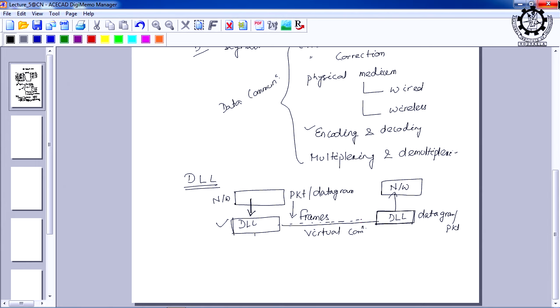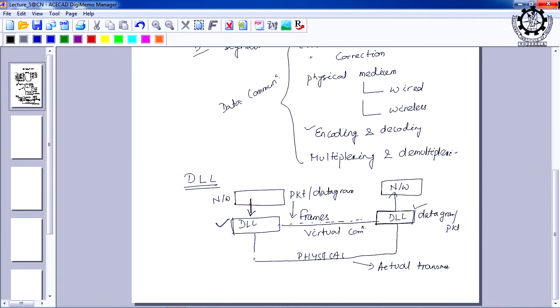Though the actual communication is through the lower layer, that is the physical layer or the physical media, this is the actual transmission, but we never consider this. In terms of protocols, we always say the peer layers talk with each other. They communicate with each other because they only understand what the protocol is, and they communicate accordingly. But actually the communication takes place down to the physical layer and again from the physical to the upper layer. When we talk about protocols, there is peer to peer communication, that is DLL to